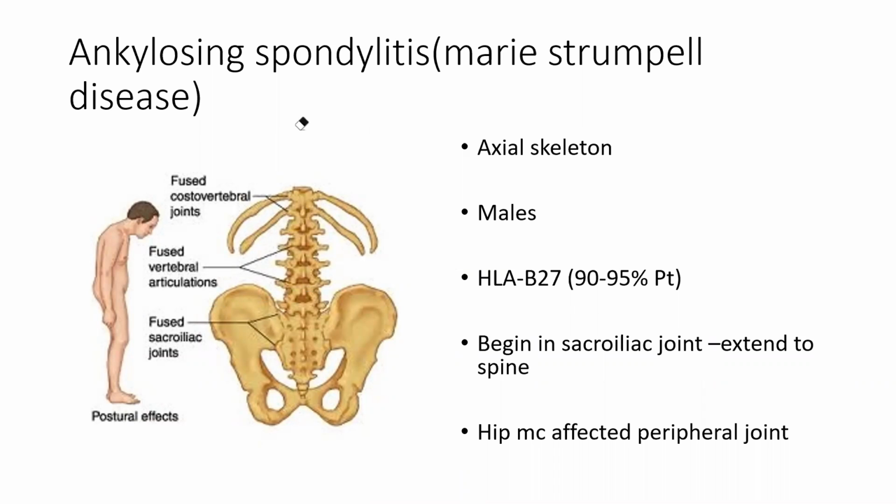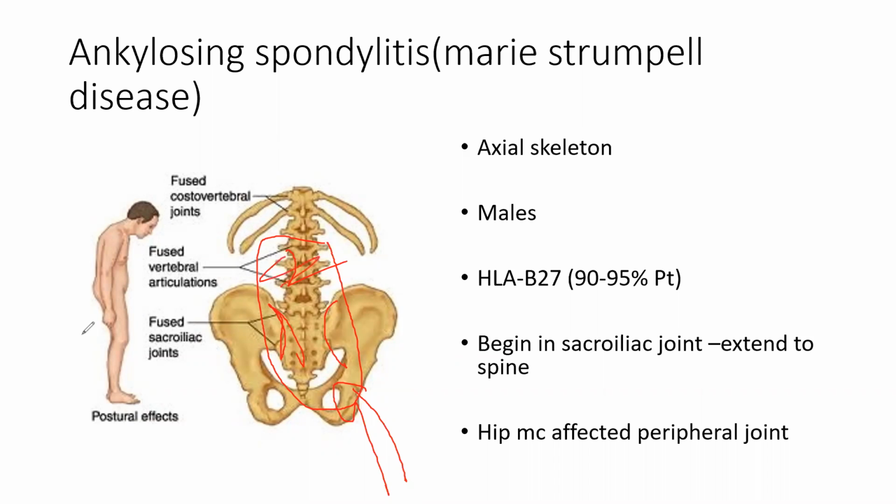Other than the axial skeleton, when you're talking of peripheral joints, meaning shoulder, elbow, hip, knee, the hip would be most commonly affected. So in peripheral joints, hip would be most common. You start here. The first affection is the sacroiliac joint. The second affection would be the spine, and the third affection would be the hip. So everything is near this area. That's why I kept this photo. So sacroiliac, spine, and hip. These are axial skeleton, and in peripheral the hip joint comes.